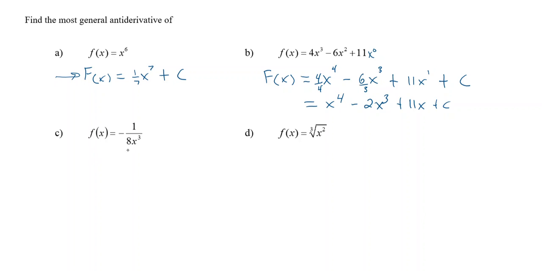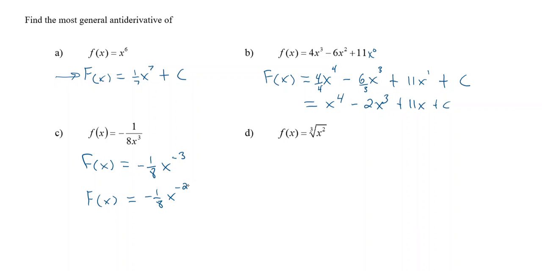Okay, looking at the next one. The first thing I'm going to do is rewrite this without x being in the denominator. So this would be the same thing as f of x is equal to negative 1 over 8 x to the power of negative 3, and then just hold to our rule. So the antiderivative, capital F, is equal to negative 1 over 8 x to the power of, and then we have to add 1, so now this becomes negative 2,